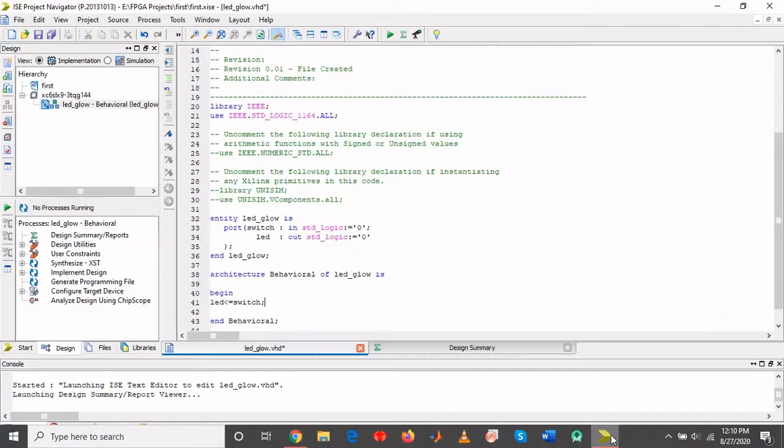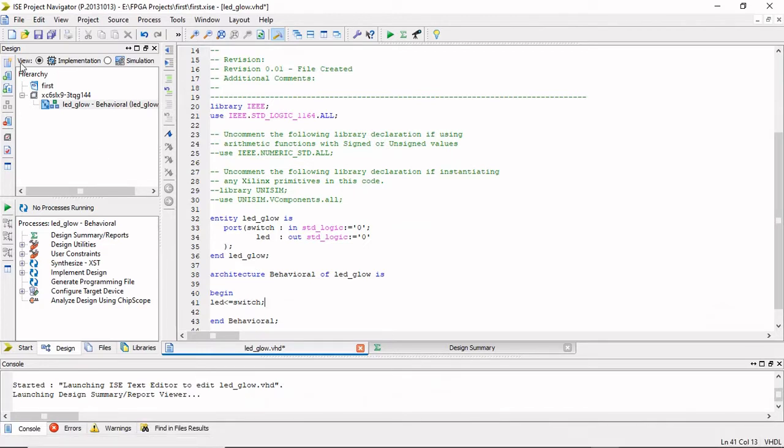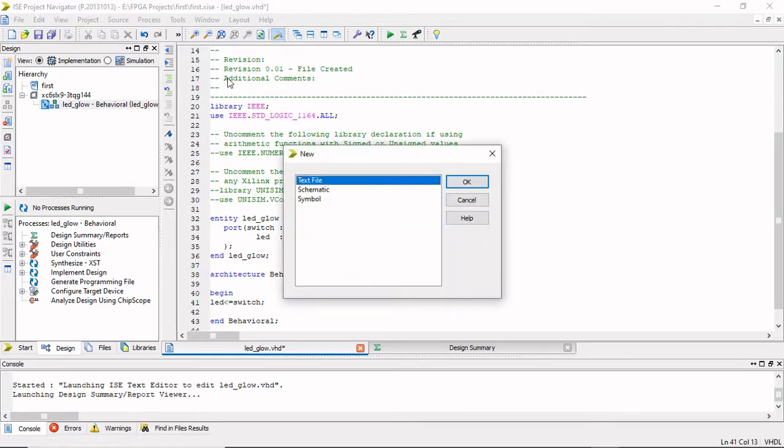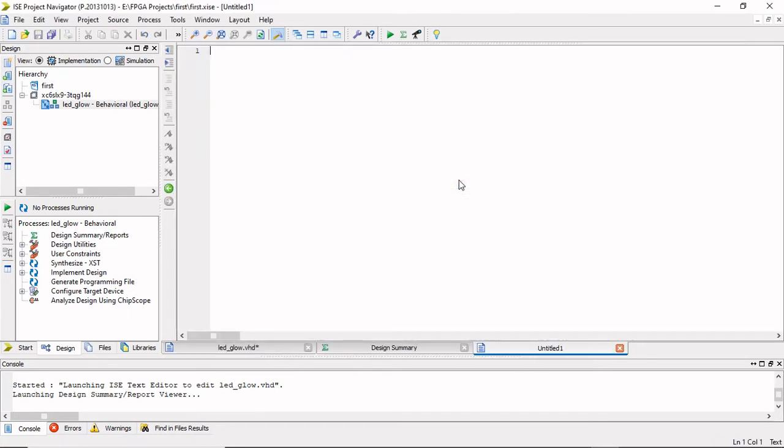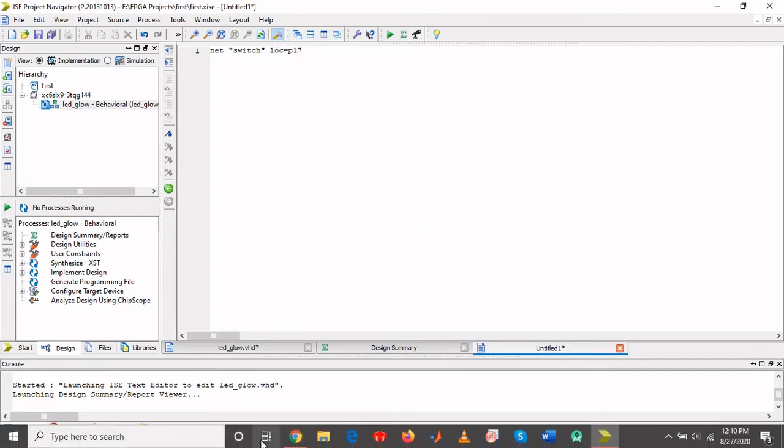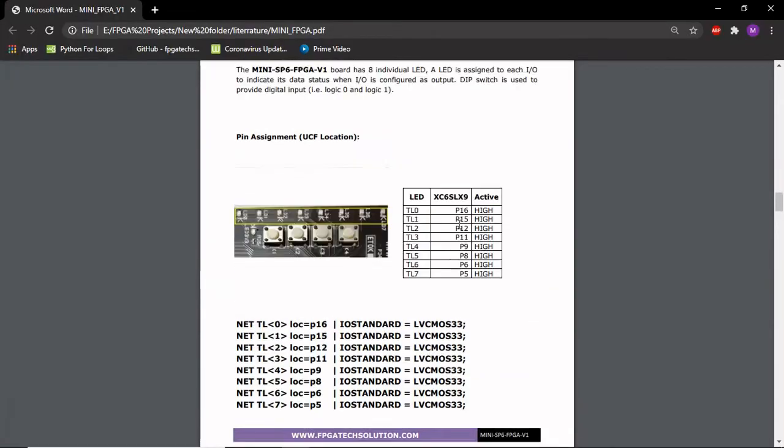So let's go back to our program. In order to create a user constraint file, select this one, choose text file, and okay. This is the syntax for this one. NET, name of your input switch, LOC equals P17, as we know that it's the port name of this one.